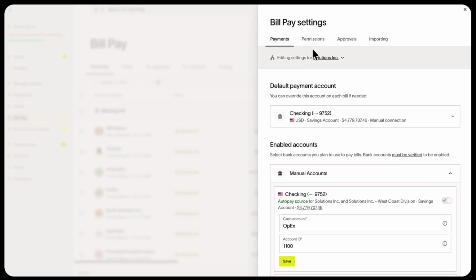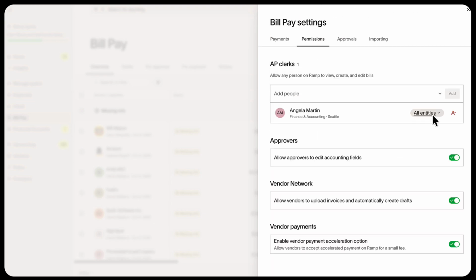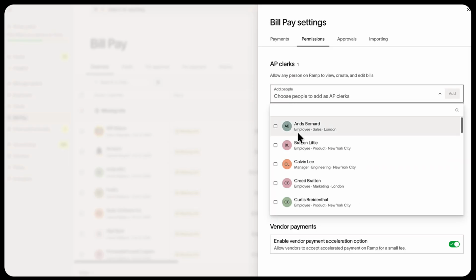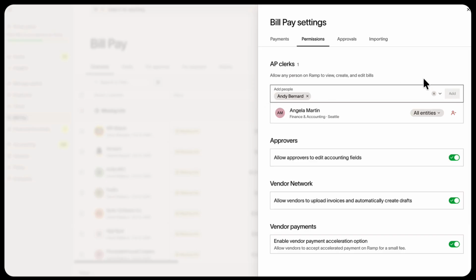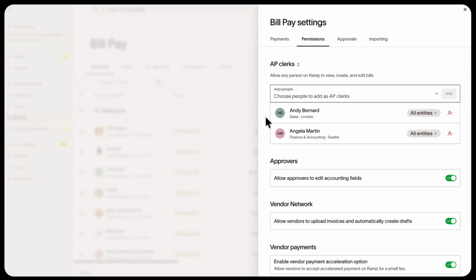Next, go to the Permissions tab. By default, only admins and owners see the Bill Pay tab. To grant access to another user like an AP clerk, select their name from the dropdown and assign the AP clerk role. They'll be able to view, create, and edit bills while admins remain the only ones who can release